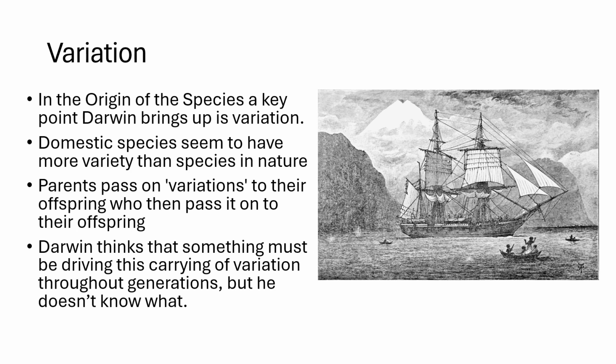Darwin notes that domestic species seem to have more variety than species of nature, and he tests this with pigeons. He breeds certain breeds of domestic pigeons that are seemingly different together, and he actually produces viable offspring. And from this, he concludes that pigeons must have all descended from one common ancestor to be able to breed